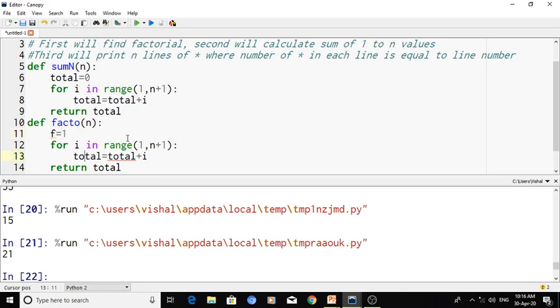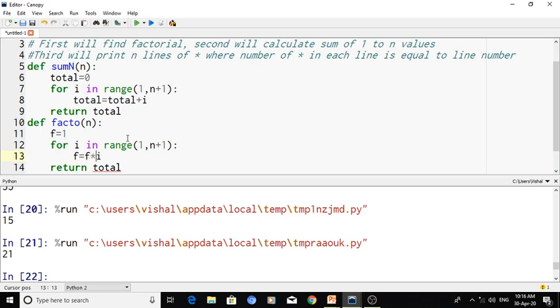And here, in place of total, I shall write f. f is equal to f, and in place of plus, I will use a star.